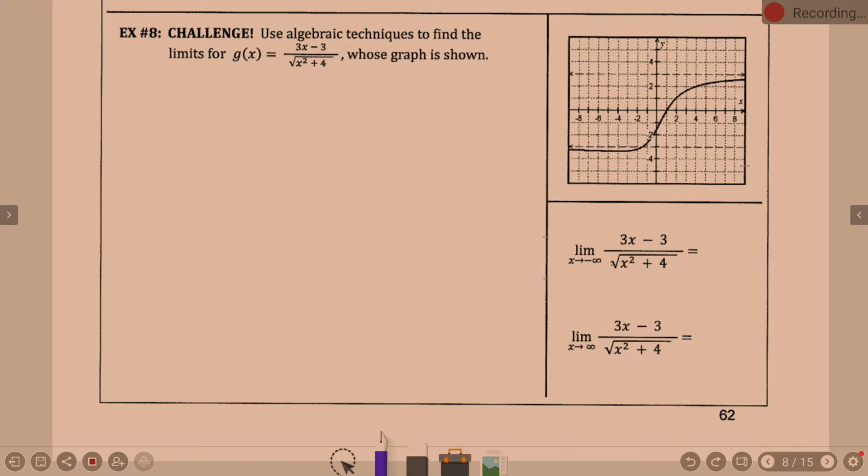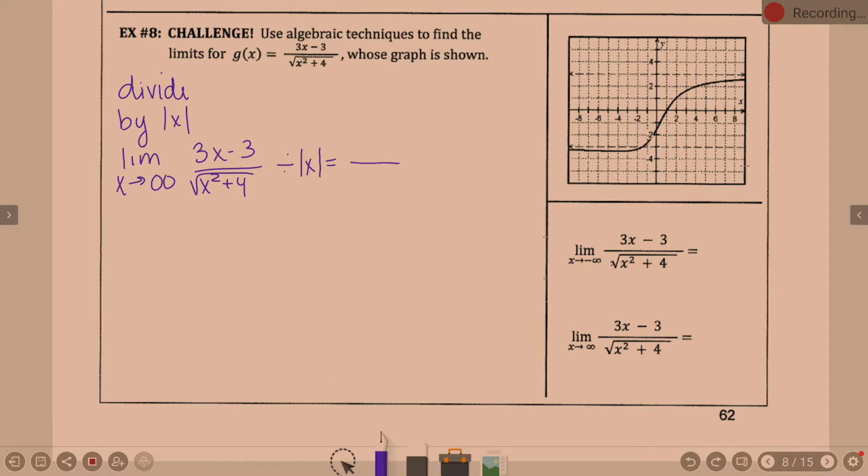X. Now, what's going to have to be true about that x when it comes out of the square root? It's going to have to be positive. And so what they suggest doing here is dividing by the absolute value of x, because as we're putting in positive versus negative values, that will matter. So if I look at the limit as x approaches positive infinity first, because my brain works better with positives, of 3x minus 3 over the square root of x squared plus 4, if we divide everybody by the absolute value of x here,